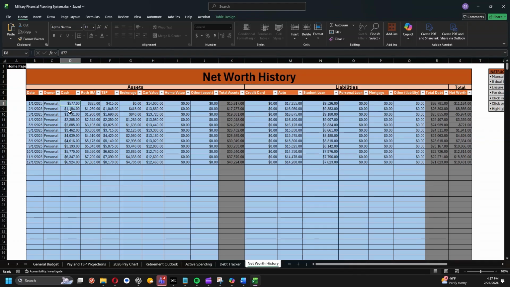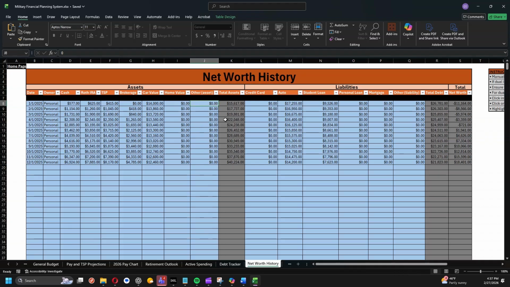putting this down. And then from here, you're going to put in just current values of all of your accounts, right? How much cash do you have between checking, savings, high yield savings account? What's in your Roth? What's in your TSP, brokerage? What is your current car value? If you have a home and any other assets, just put all your assets kind of combined in this last